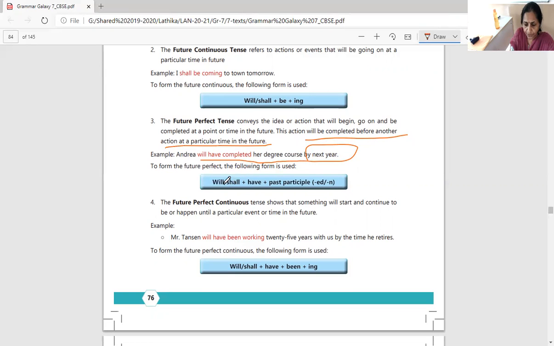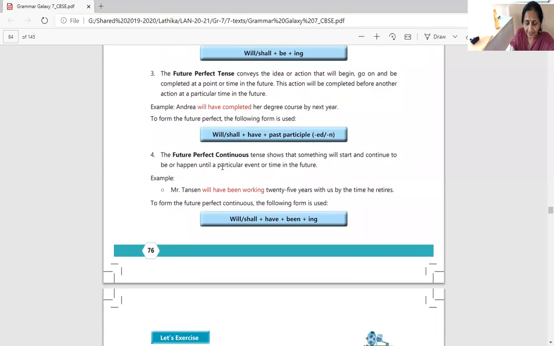Now, how do you form the future perfect? Will or shall, you can use either one of them, plus have and the past participle, that is the third form of the verb. We discussed, isn't it? V1, V2, V3. So this will be your V3 form. Okay? So it will be the third form of the verb that you have to use here. Next we have